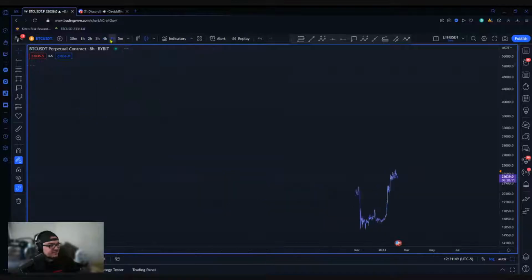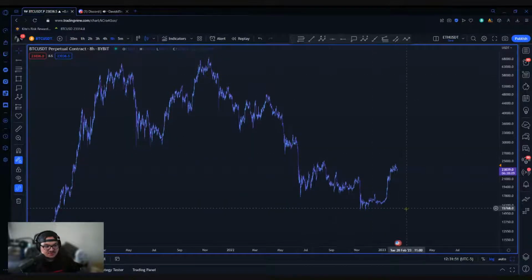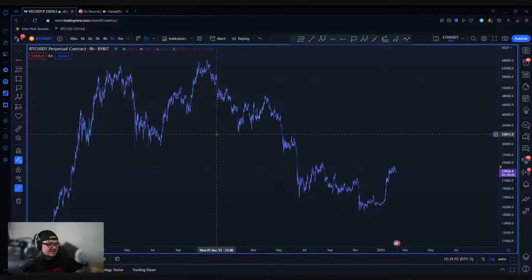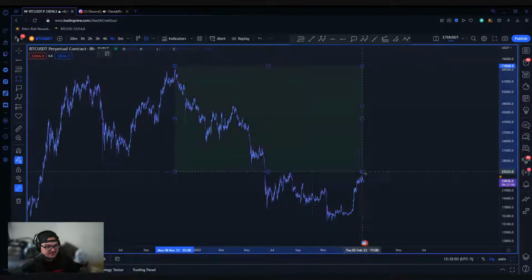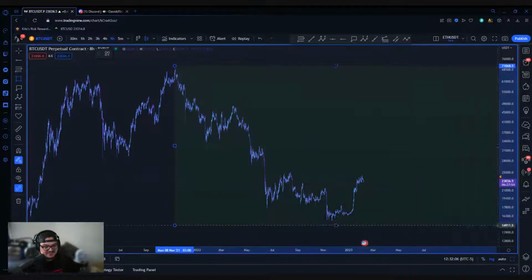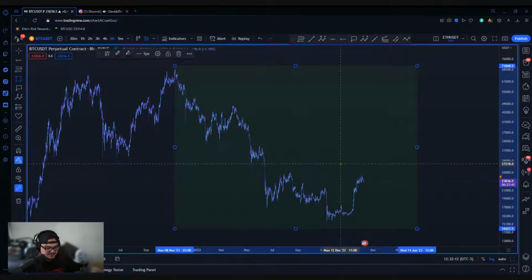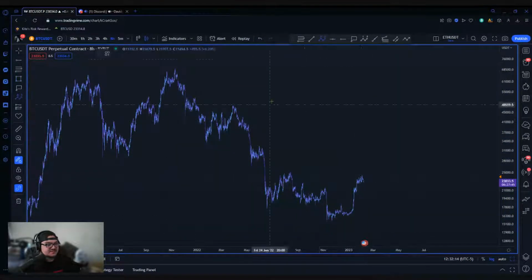First things first, what I like to do is start off on the larger time frame and just see what's going on here and see if we can come up with any ideas of what could be happening. We're going to be primarily focusing on the beginning of the bear market from here, probably to the present day, maybe a little bit into the future, what the possibilities are. But we're just going to be focusing on this section of price action here.